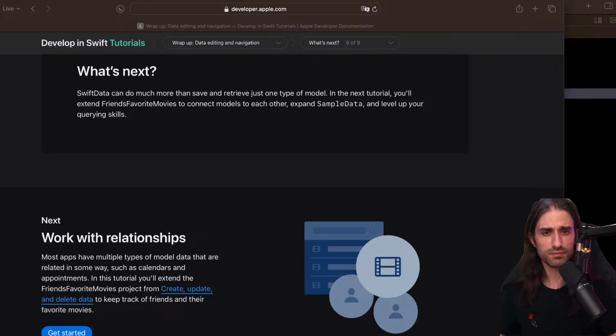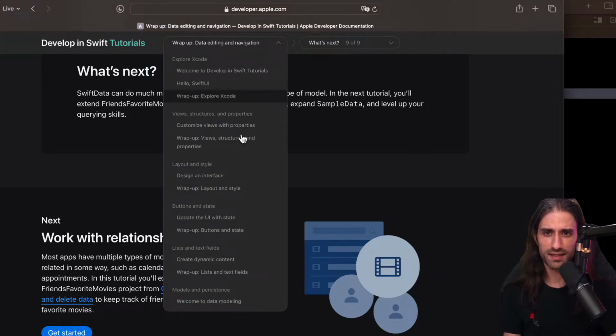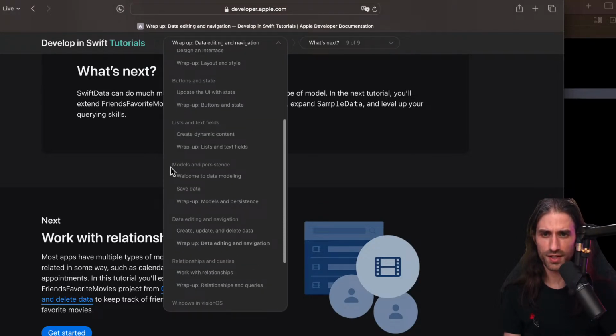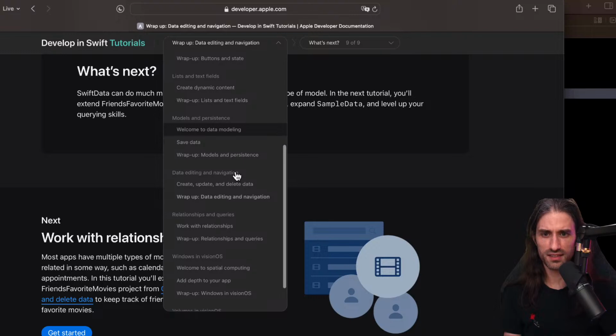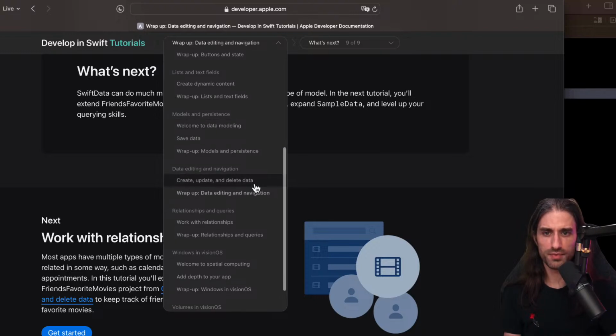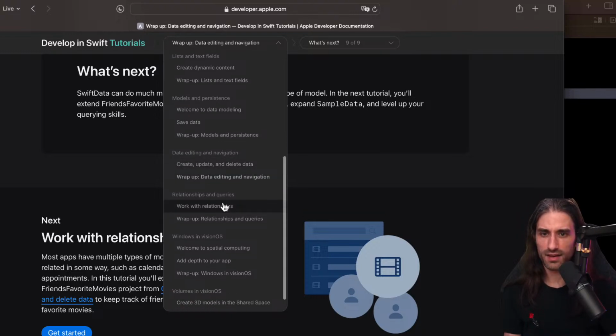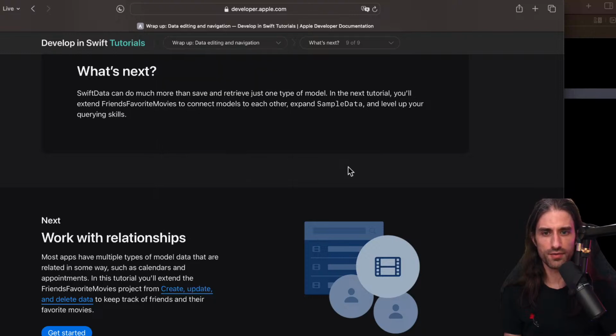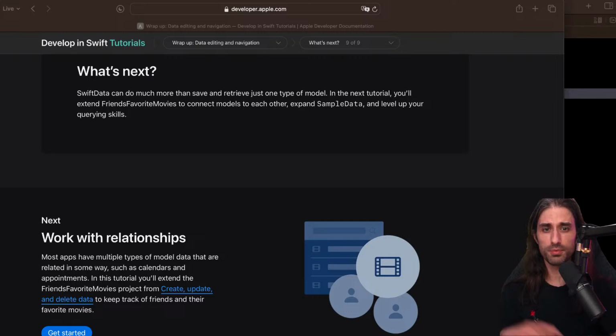But I'm kind of glad because I was a bit afraid that this tutorial would be a bit too superficial maybe, and it's definitely not superficial, it's very thorough, goes over everything step by step, so I'm very glad about that. And so this time, what have we covered? We covered the basics of model and persistence, and we did the create, update, and delete, and next time we will do relationships and queries, and we will have covered a pretty good amount of scope.